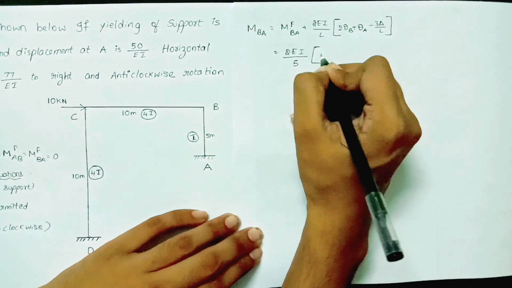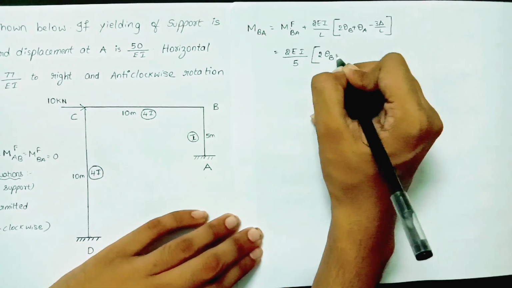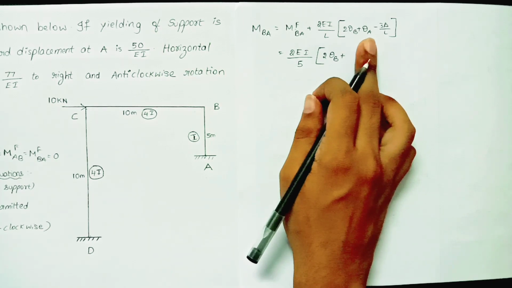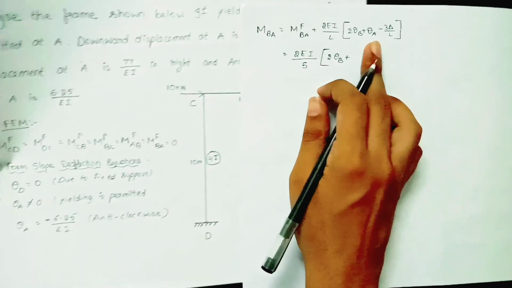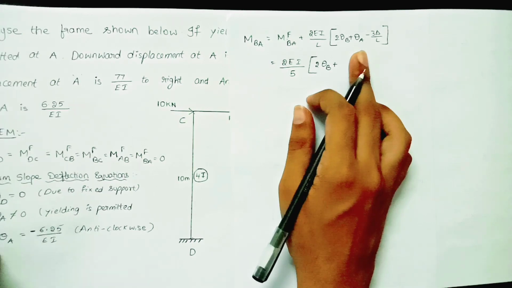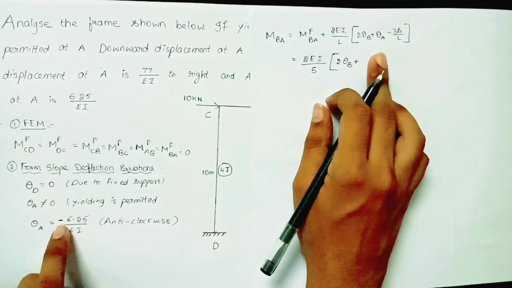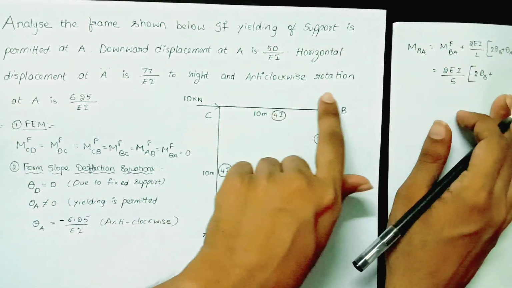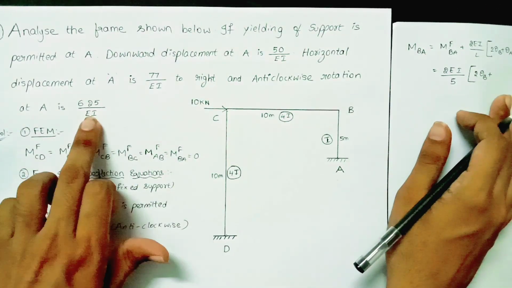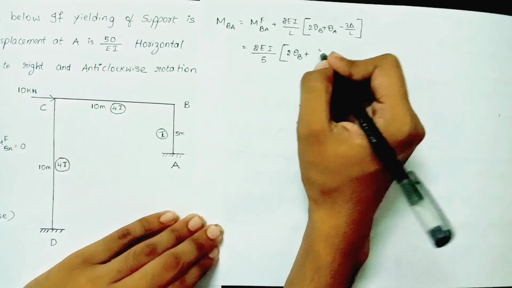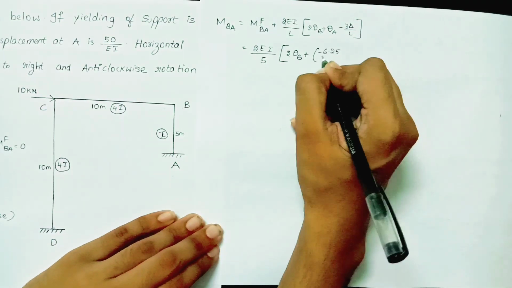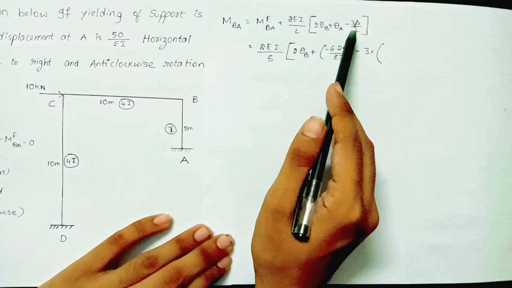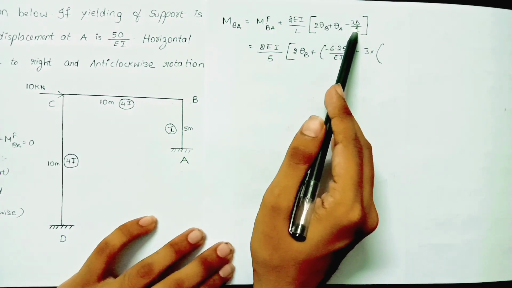Now 2 theta B plus, while substituting theta A, there is anti-clockwise rotation at A, and we found the value as minus 6.25 by EI, because in the question the anti-clockwise rotation at A is given as 6.25. So minus 6.25 by EI minus 3 into,